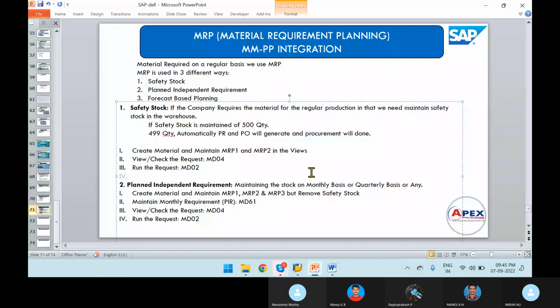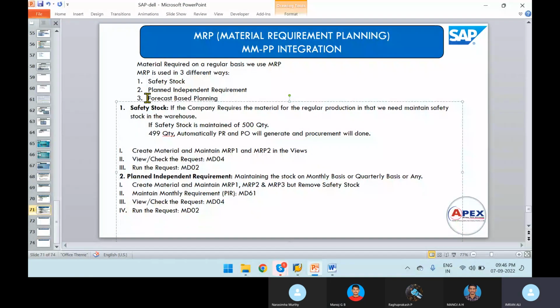Next, we have forecast based planning. So what does it mean, forecast based planning? Can anybody tell? In the name itself, it is showing forecast based planning. It is nothing but planning the stock based